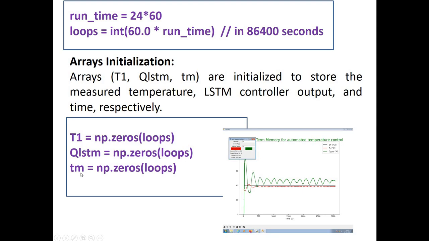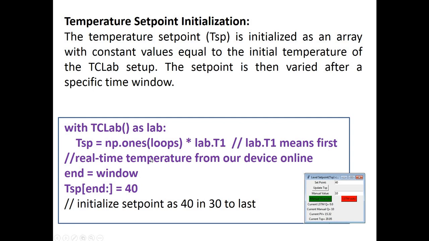These are three different parameters which are going to be displayed here: SP, T1 and QLSTM. They are initially initialized to 0. Then the temperature set point is initialized as an array with constant values equal to the